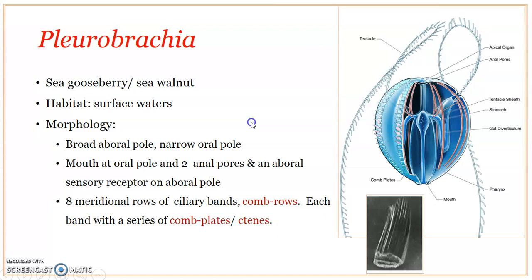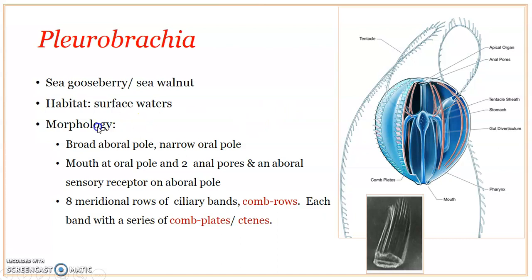Just like any other ctenophorans, they are found inhabiting oceans. They are marine, planktonic in nature. Pleurobrachia specifically are found to inhabit surface waters of the sea. We can see that ctenophorans are found in every part of the sea, from the surface waters to the deeper oceans, from the seashores to the deeper waters. So here, Pleurobrachia is specifically found to inhabit the surface waters.